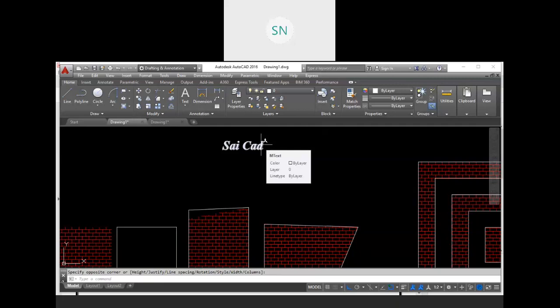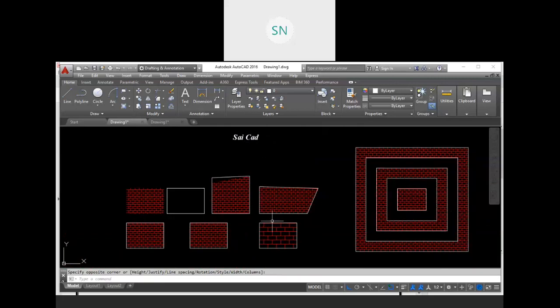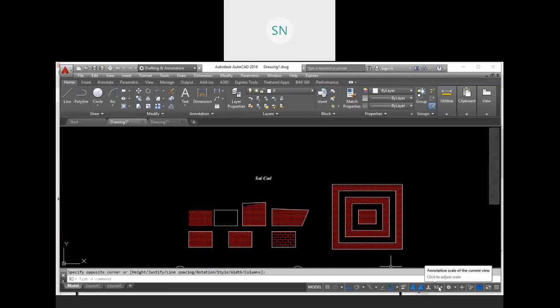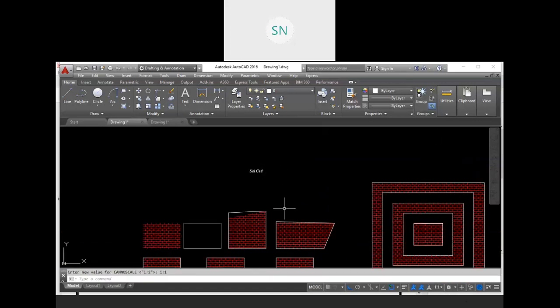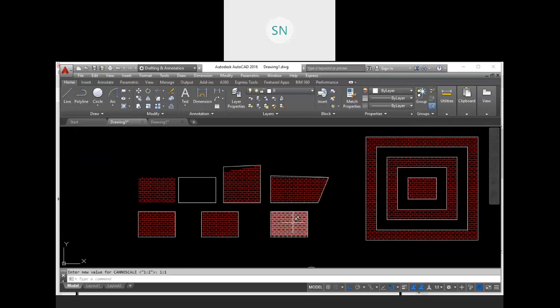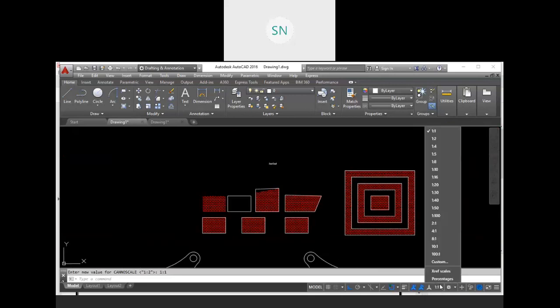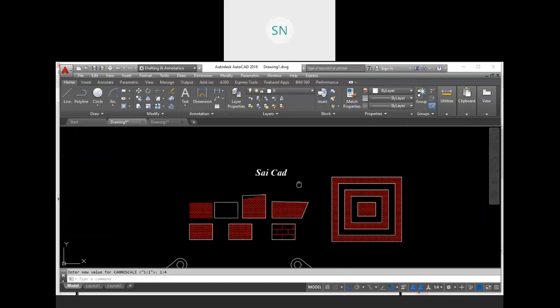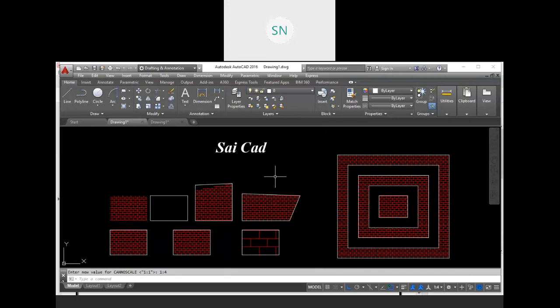So this is also annotative text. We are getting that triangular symbol over here, like this hatch. So whatever scale we change over here will apply to all the annotative objects. Say 1:1. Our text is going to reduce, and this hatch is also going to decrease in size. Let's say 1:4. The text height is increased, and the hatch is also increased, right? So you already know two objects: one is text, the second is hatch.